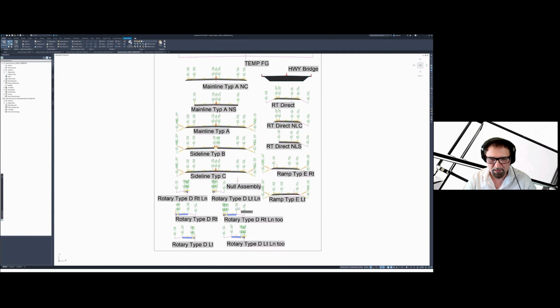I'm going to tell you something about these sub-assemblies or assemblies in a moment. So this is ramp, typical east, and the ramp is on the right. I need the one that has a ramp on the left. So I'm going to start from there. I'm going to select it right there on the assembly. And then the target surface will be existing ground.